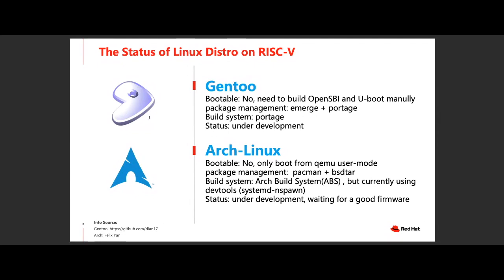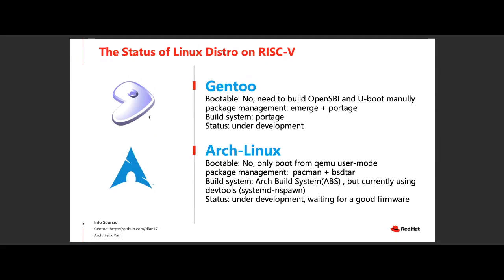They already made Gentoo run on Unleashed, and they just told me they're happy to make Gentoo run on it, and you can download the Gentoo Stage 3 image online and try it.